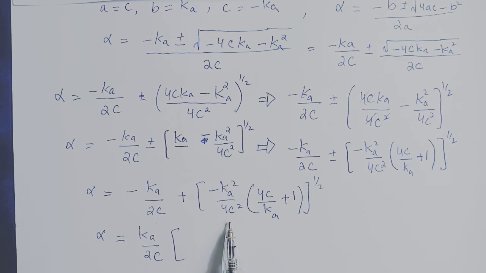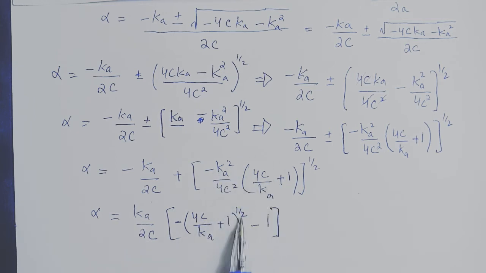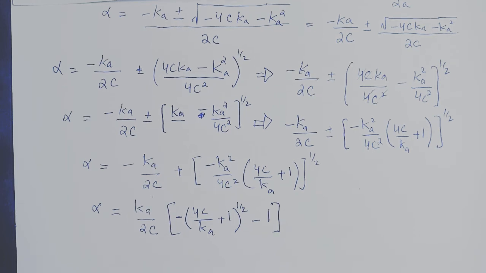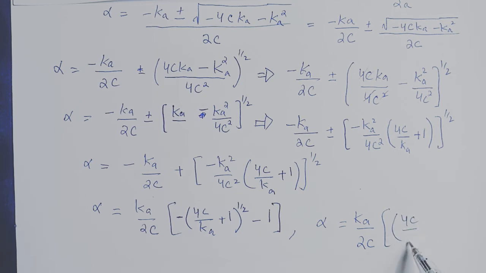The square root of Ka square over 4c square will be the common term, that is Ka over 2c. So here for this term we have this common factor Ka over 2c. So by using the negative part of the quadratic formula, we can get the final relation, that is 4c over Ka plus 1, square root, minus 1. That is the acceptable relation that has been mostly used for the calculation of the